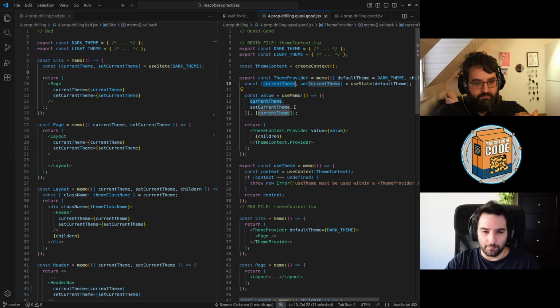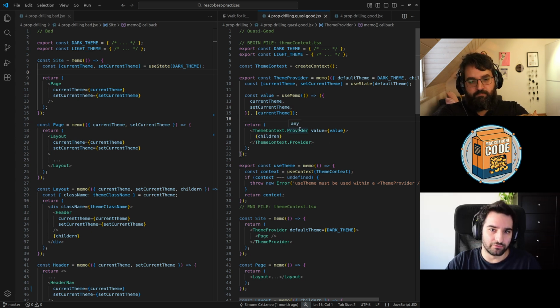But if you are subscribed to that context and you are using useContext, you receive the update from the provider, and the component that is subscribed is re-rendered. How does the context know if it needs a render or not?